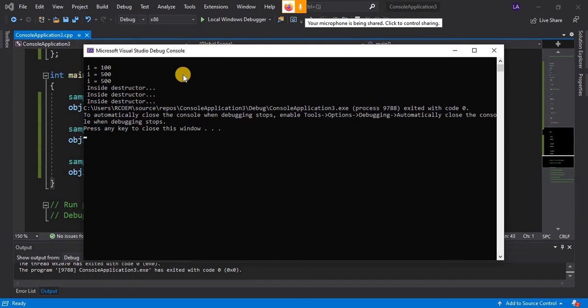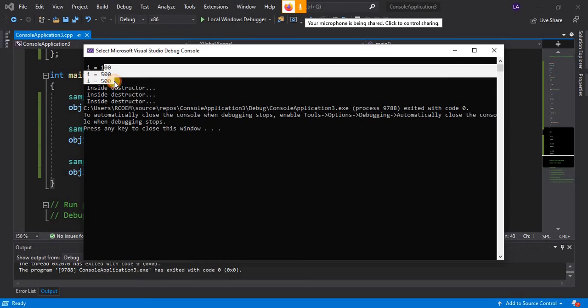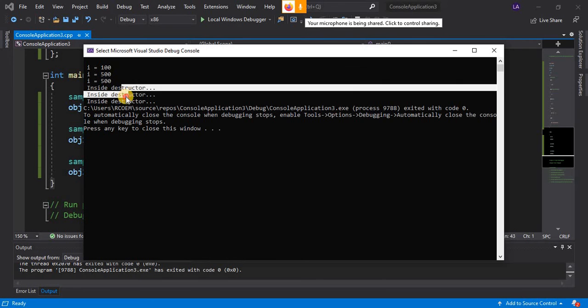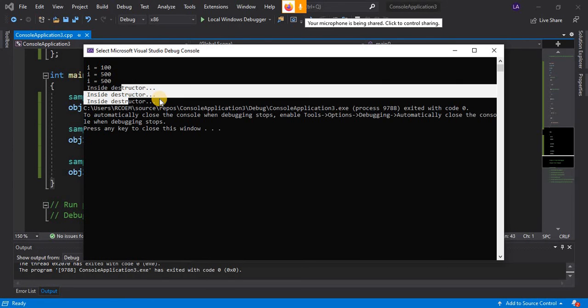Here you will see for three constructors, the destructor gets called 3 times, once for each object. So the destructor gets called automatically when your object goes out of scope.